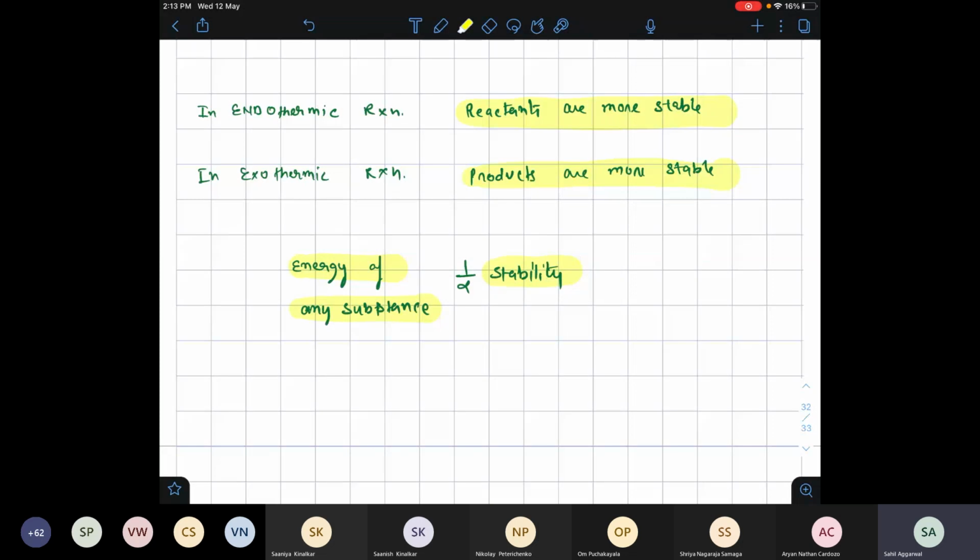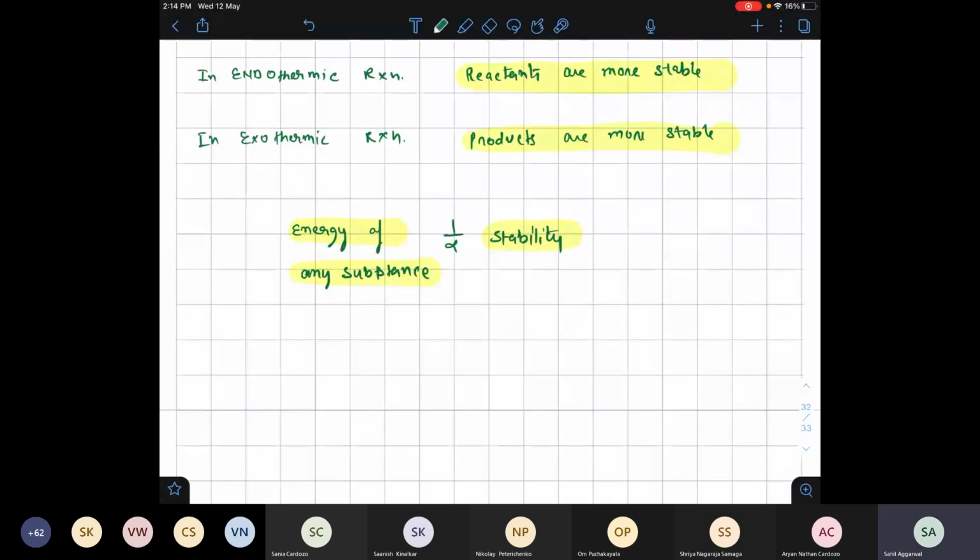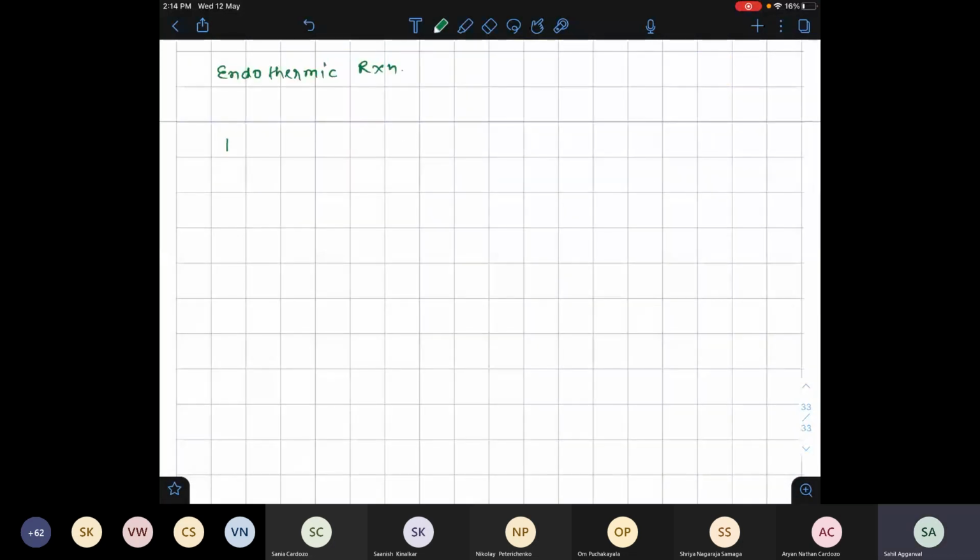Energy of any substance is inversely proportional to its stability. So, in endothermic reaction,